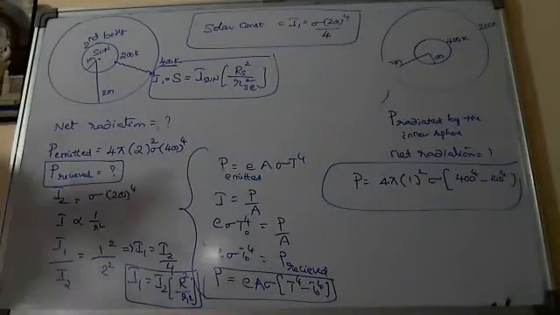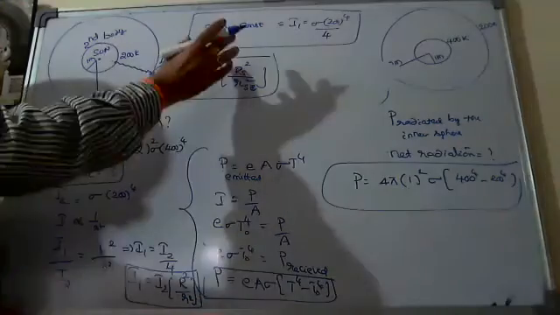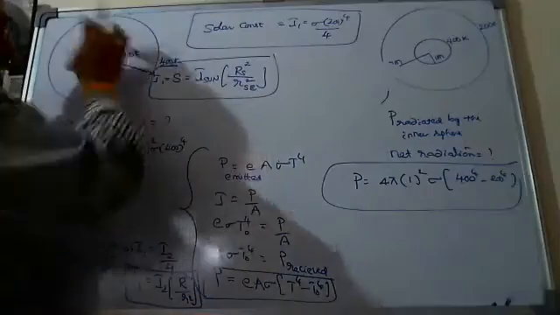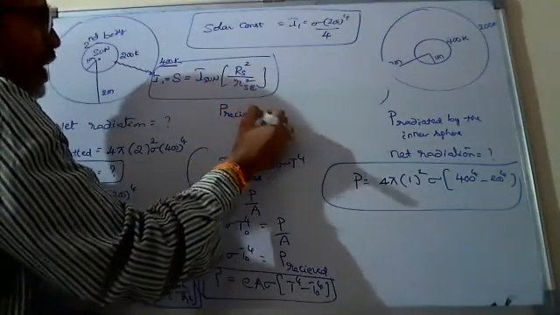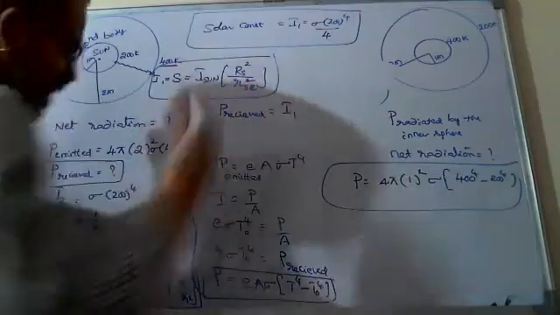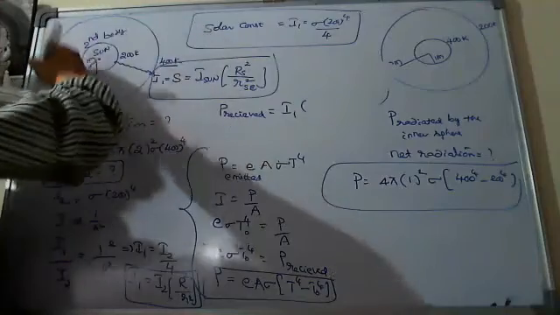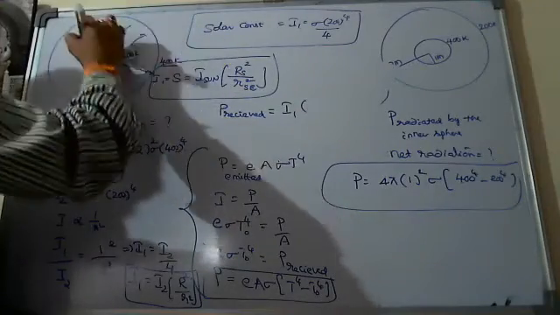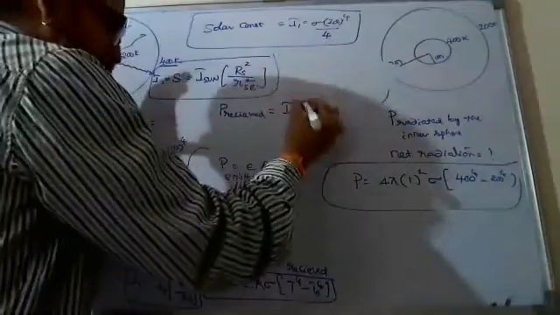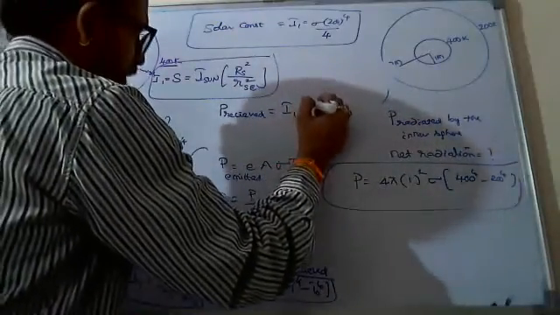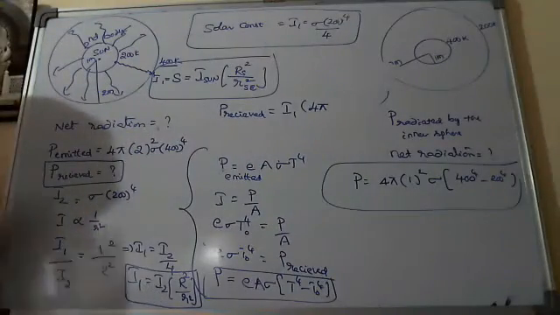So here I found the intensity but I require power. So intensity received is this much, which is solar constant if I consider that as sun, and power received equals intensity received into the surface area of this one. Why? Because the radiation will be in all directions, not in one particular direction. In all directions, the area will be 4 pi into,